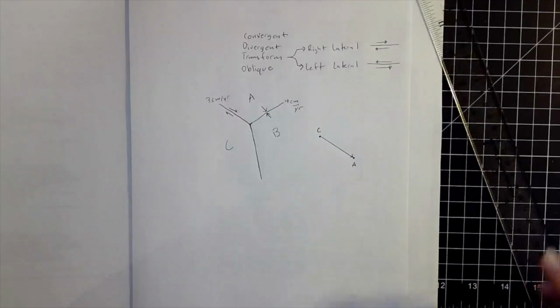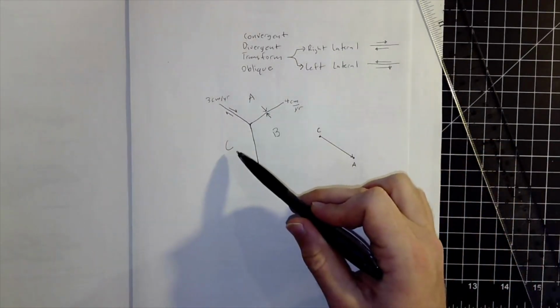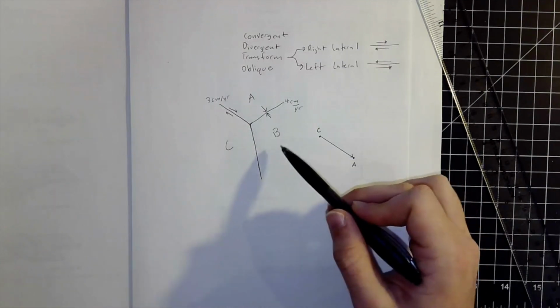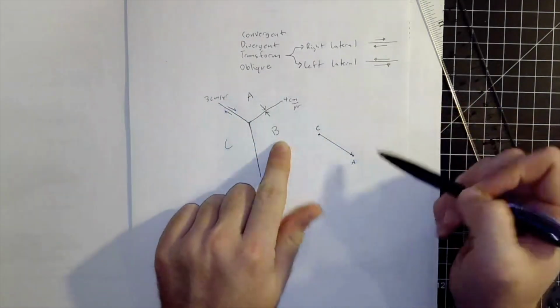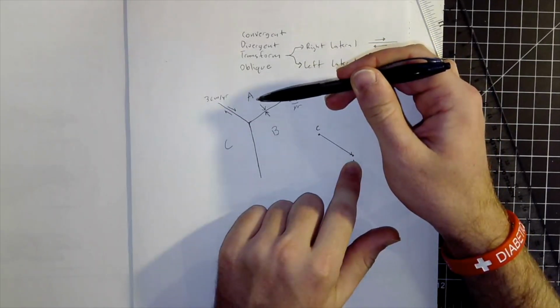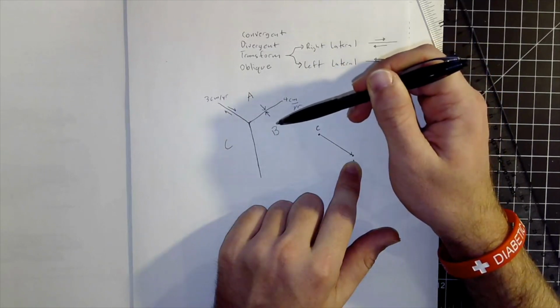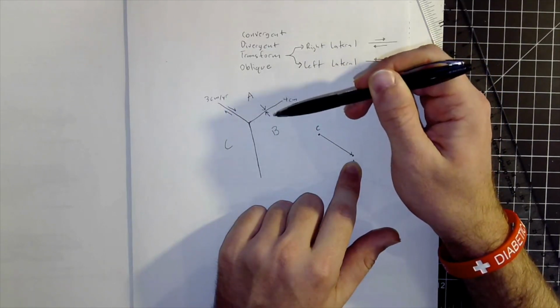Now we got to get to B. So we don't know B relative to C. That's what we're looking for. So we're going to use B relative to A and build off of A. So if we say that A is now fixed, it's not moving, how is B moving relative to it? Well, we know that it's 4 centimeters a year, and B is moving towards A, so sort of towards the